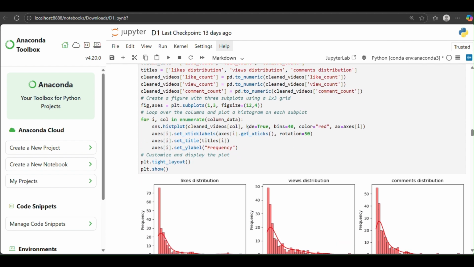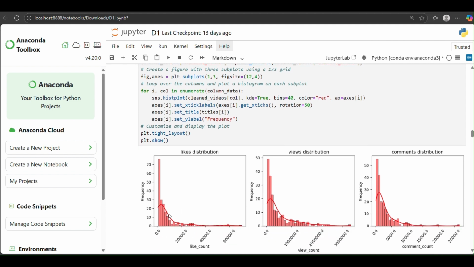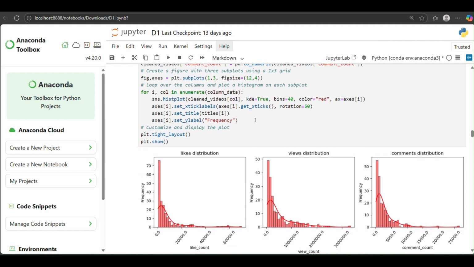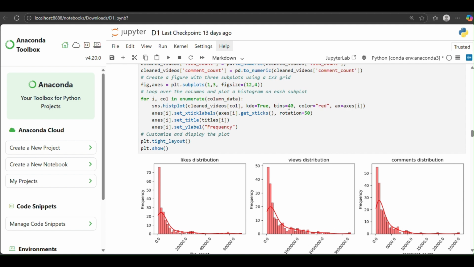I set the KDE, which is a kernel density estimate, to true to get the peaks and the drop-offs. I used bins equals 40, which will show 40 bins in one subplot. The color is set to red and ax is set to axes i.